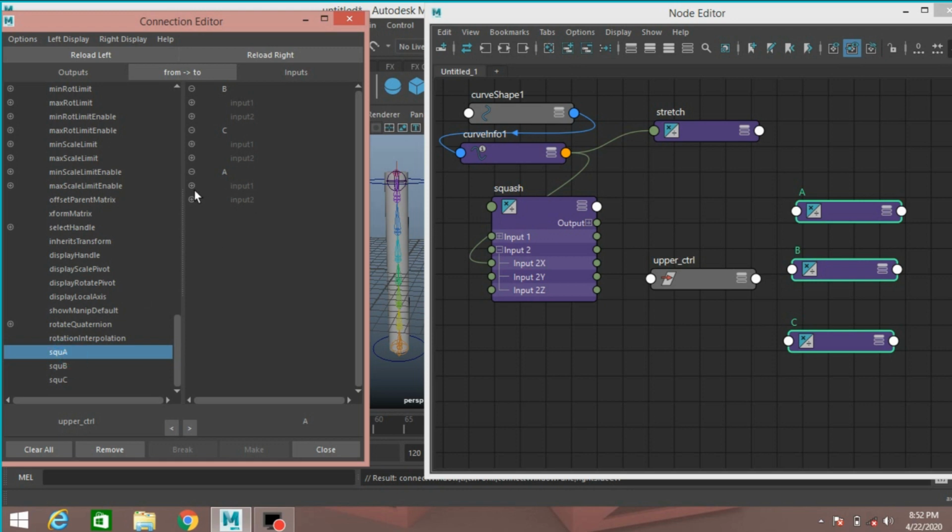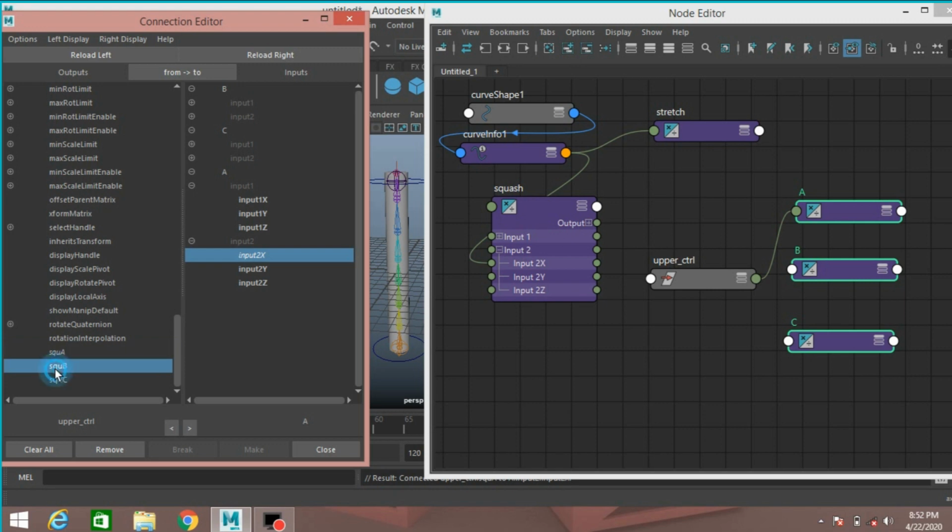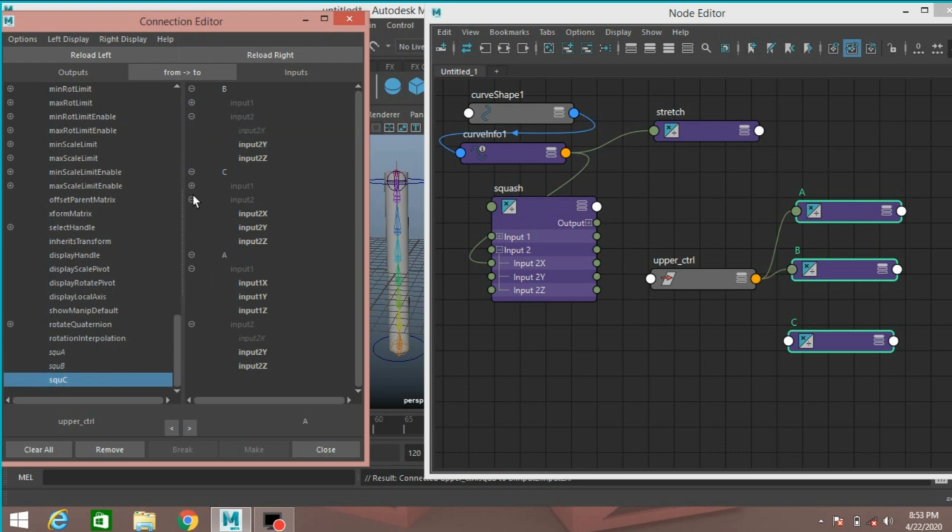Squash A input 2x, squash B input 2x, squash C input 2x.